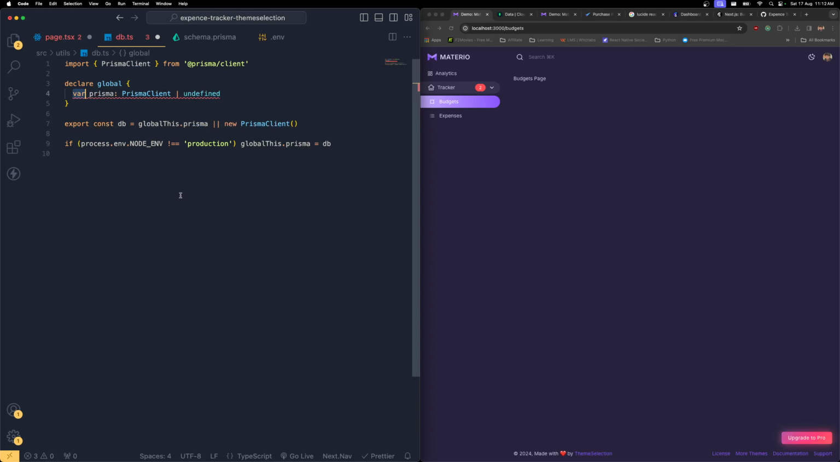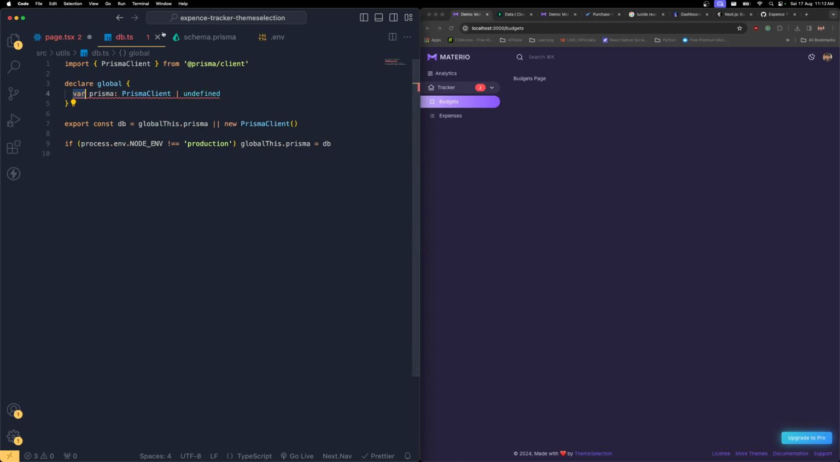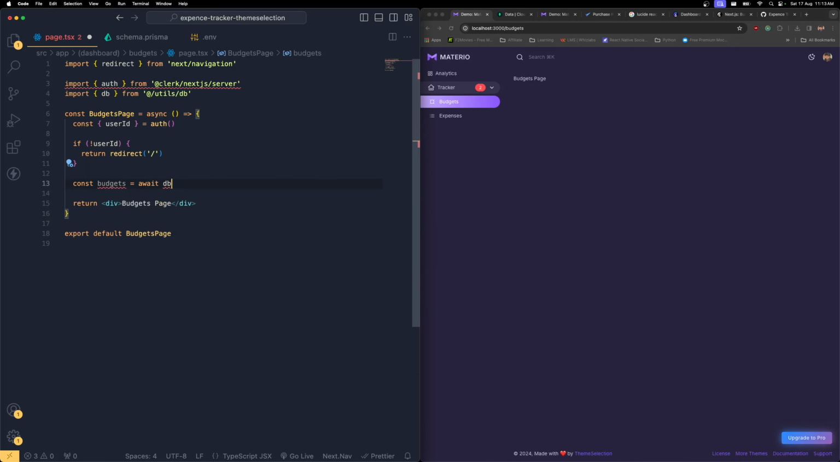So if we are using let, it's showing the... all right, so this is fine. This is just the type error only, so we can ignore it and we can fix this later. This is the issue from the ESLint, so don't mind it. So close this. Now we can access that database instance from the utils folder, db dot